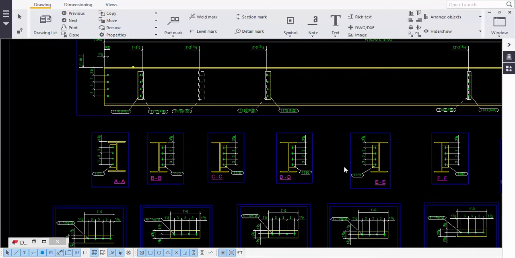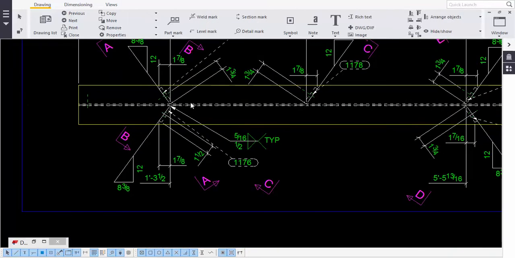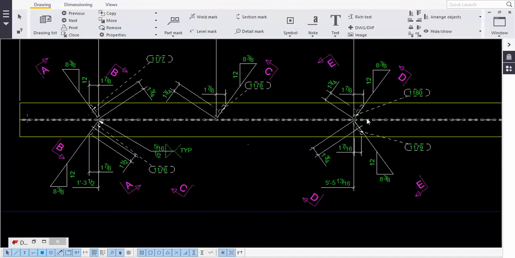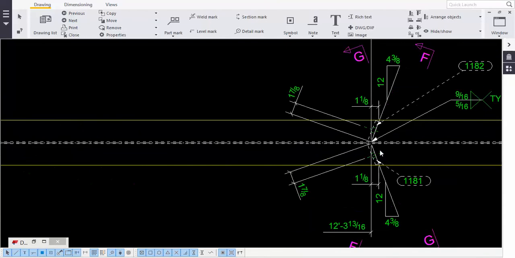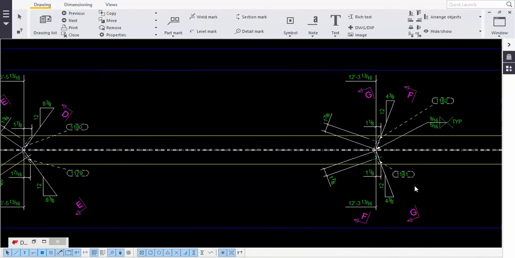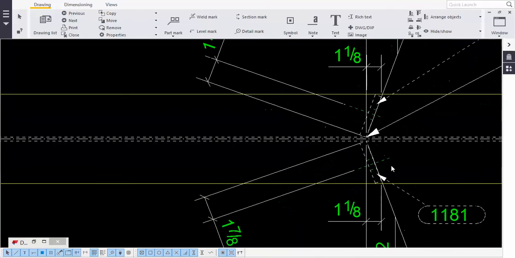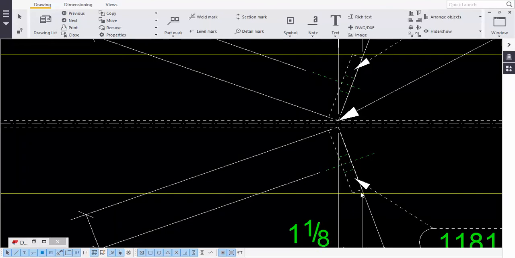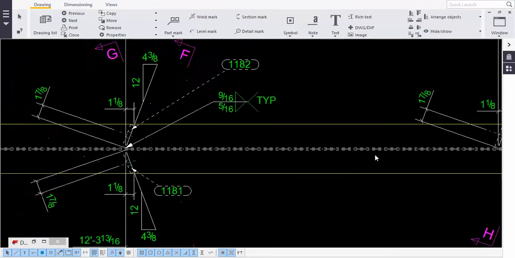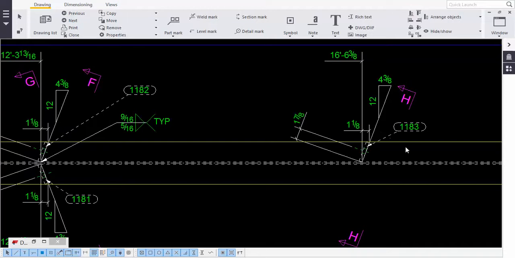If you want, you can see the difference. See, here it is starting from this web to this incline, and it is also starting from the web. If you see the sections G and F, both are connected, right? See, here you can see both are connected. From the web, it is connected from the web to the flange. The beams are in skew direction from web to the flange. In this way you can just go.